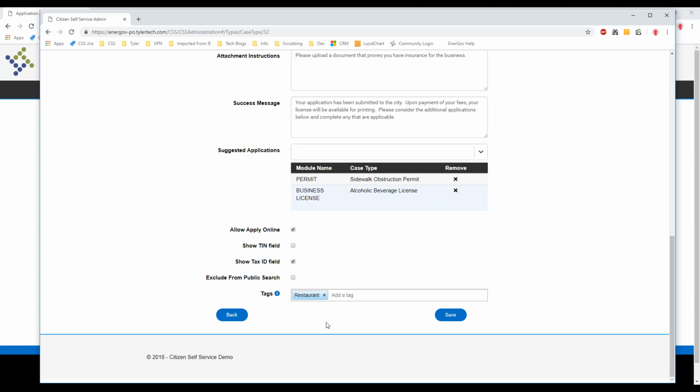Now, I could have just as easily said in the description that this permit is good for someone opening a restaurant, for example. But this is just one time when it wasn't there. We want people to be able to search for it. So you just put a tag in and then it'll find these tags that are associated with it. Other options might be,